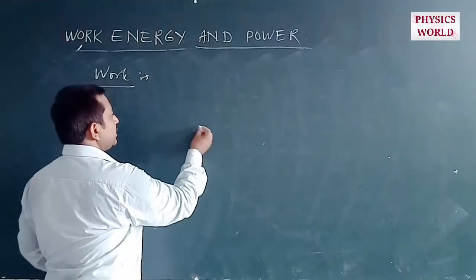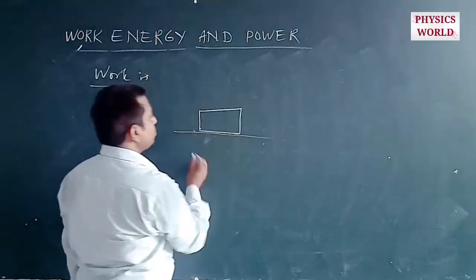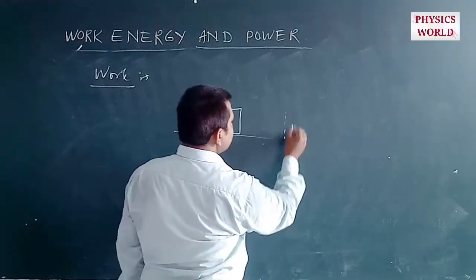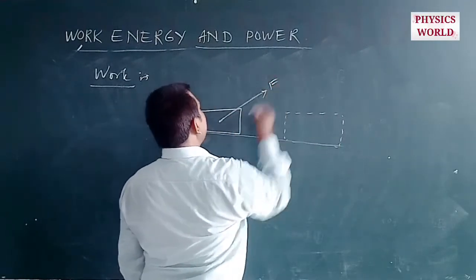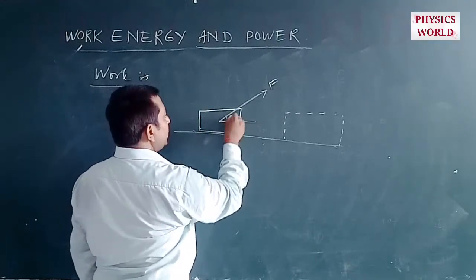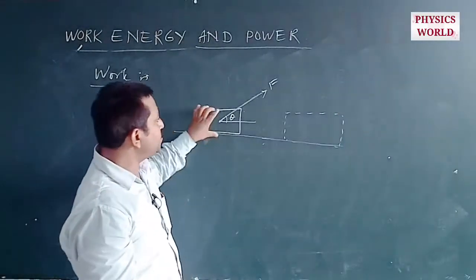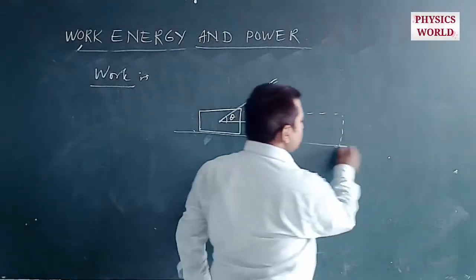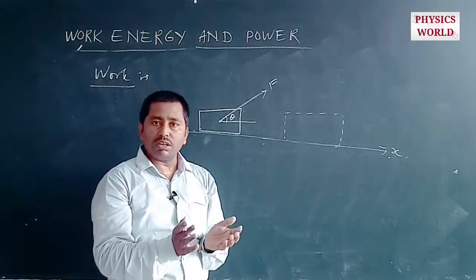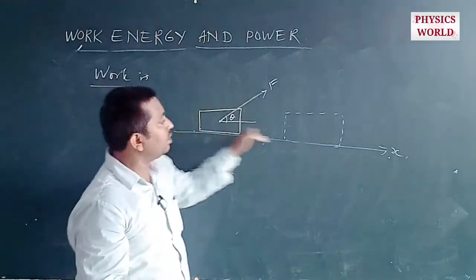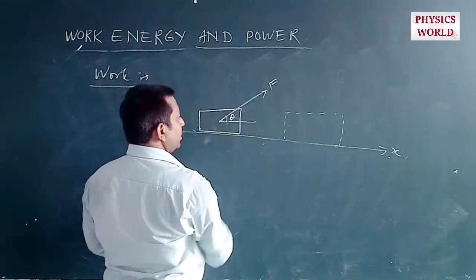It means, suppose that there is an object and we want to displace this object from this position to this new position, after applying some force like this, and this force is acting with an angle theta with the direction of the displacement, because the object is displaced along the x-axis, suppose, and the force acting on the object by which the displacement occurs makes an angle theta with the horizontal. So what will be the value of this work done?